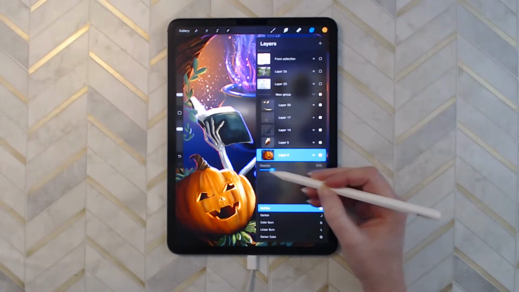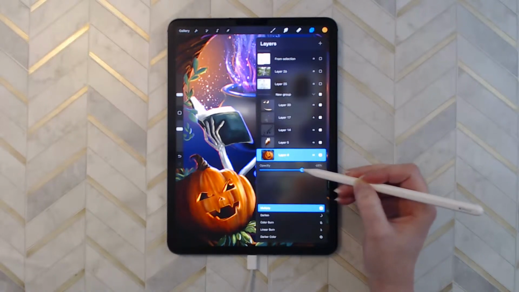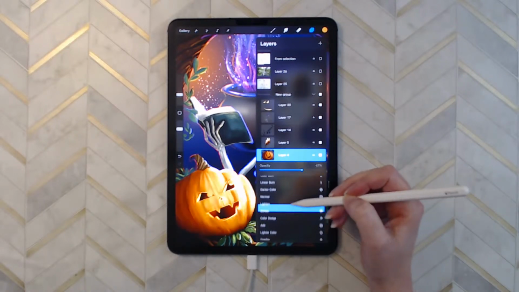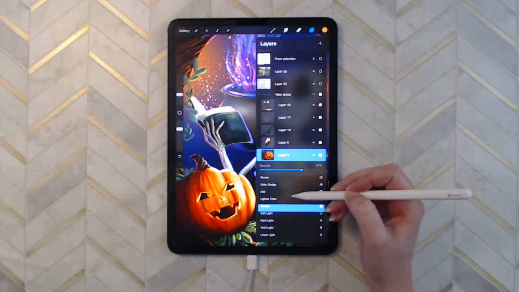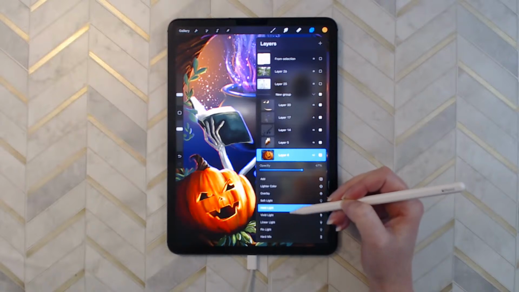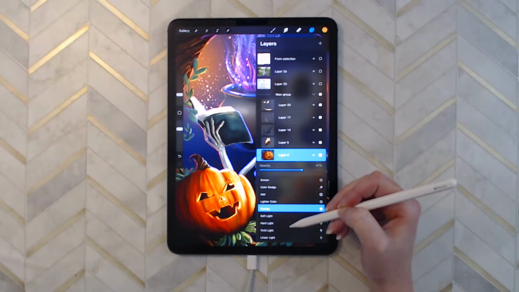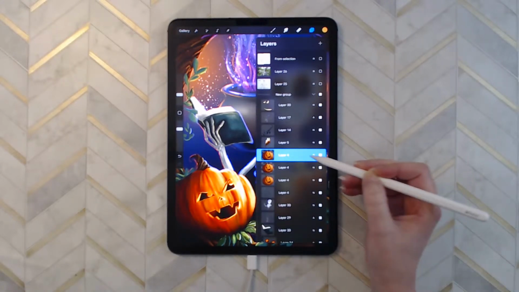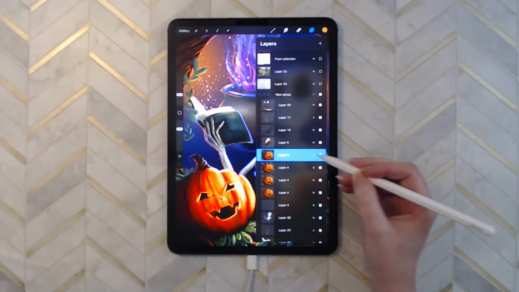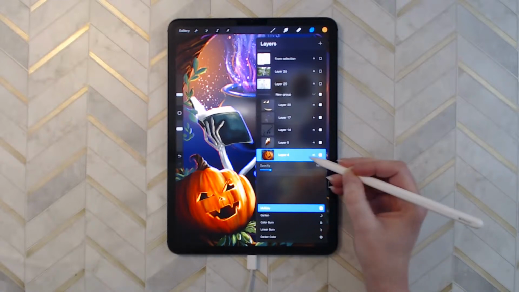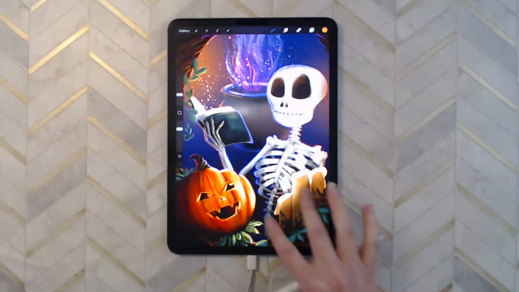I think multiply is just too dark and muddy of a color. Yeah. So I could do that. I could, on top of that, I could do multiply and then just